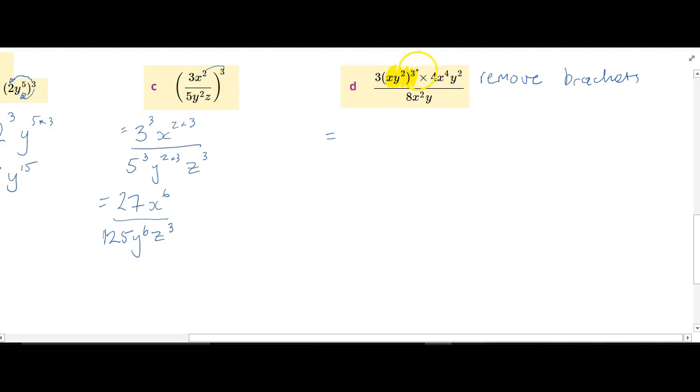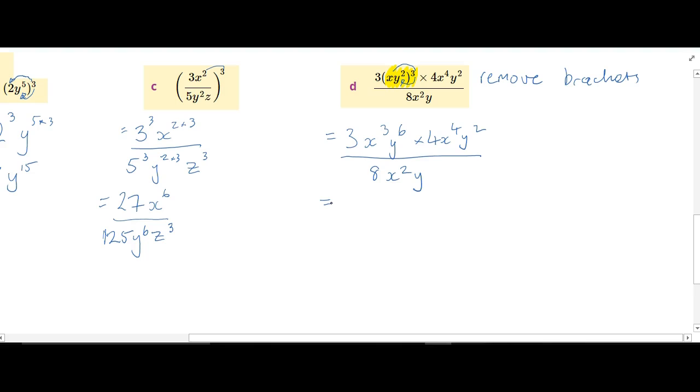Okay, so this 3 applies to the x and it applies to the y squared here. So I'm going to have 3, now it's going to be x cubed. Now y squared times 3 is y to the 6. If you remember, we multiply the powers in this case. Everything else stays the same, and 8x squared y. Okay, so that was my